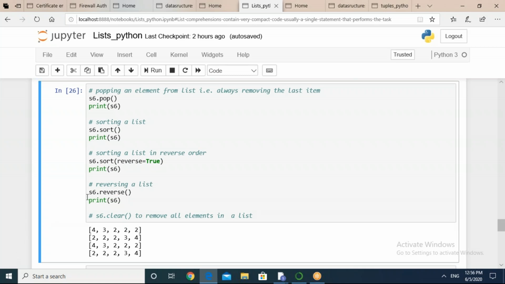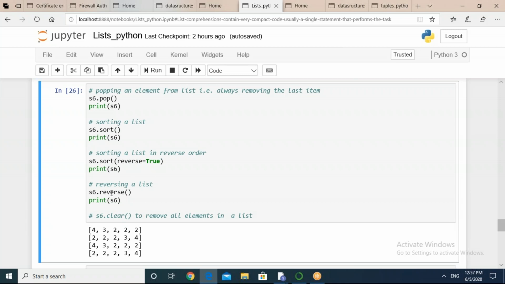And after this, we have a reverse function, S6.reverse. I wish all of you will be in a position to appreciate the efforts done by various programmers and contributors in Python. If we try to do all these kinds of operations in some other programming language that does not have such a concept of packages and built-in functions, then we may not be able to do it so quickly, and we may need to write a sequence of code to do the same task.